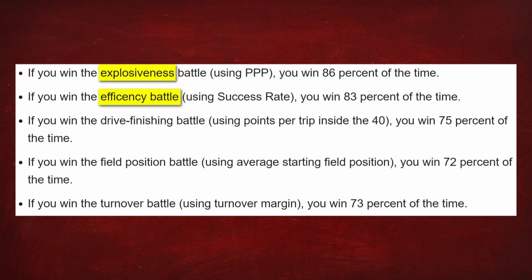But those first 2, explosiveness and efficiency, feel a bit exclusive to each other. Like, who wouldn't want to be able to complete 30-yard passes at a 75% clip? So most teams have to focus on one and hope the other naturally presents itself. So how does one focus on explosiveness over success rate, or vice versa? Well, the obvious answer is to try to push the ball vertically or keep your passes short. Florida State's head coach, Mike Norvell, who generally creates explosive offenses, typically finishes over 50th percentile in air yards per attempt, but I think we can do a little bit better than that.